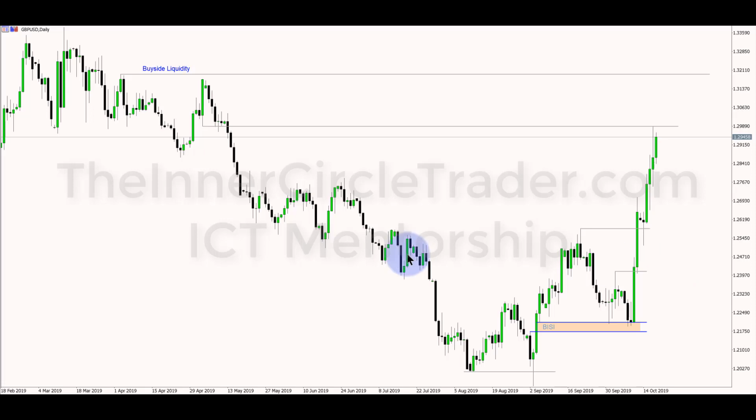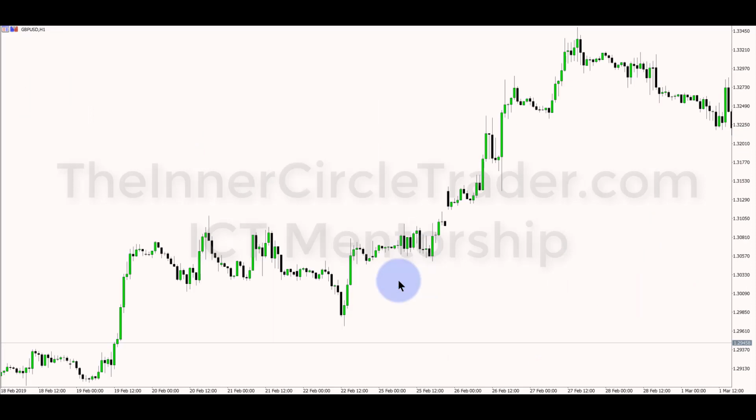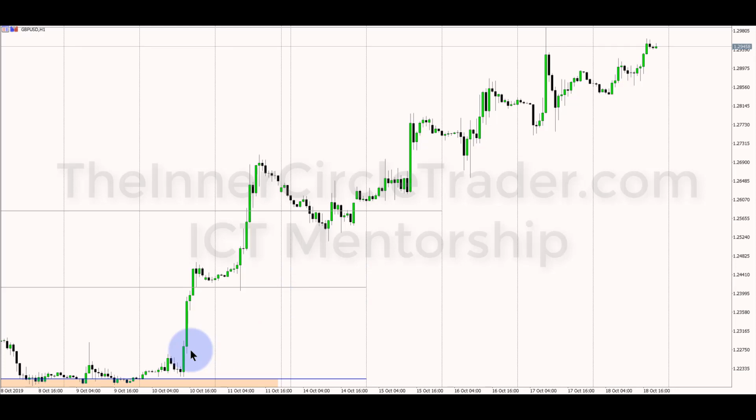So let's go down into a lower time frame, the hourly chart, and take a look at what has transpired here. I'll put the daily dividers on, and I want you to just take a look at what I'm going to show you here. We had last Thursday's, not this week, the previous week's Thursday on the 10th of October. We had the Thursday run here, and Friday we have here. So we open up a new week.